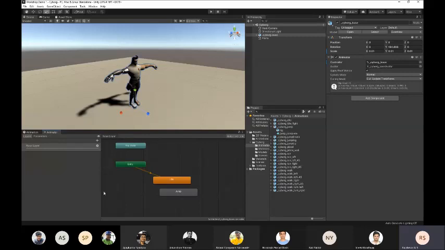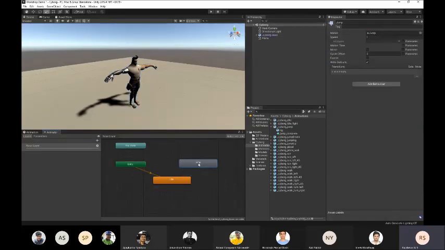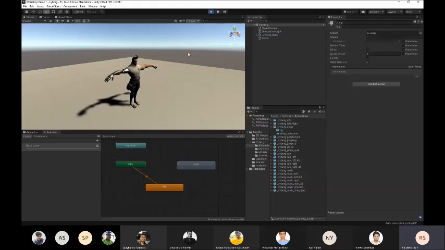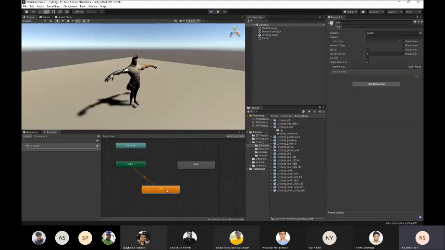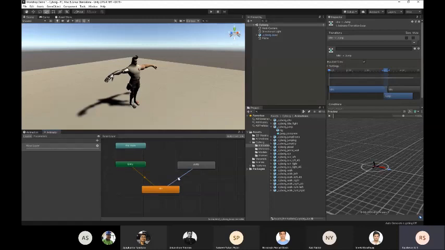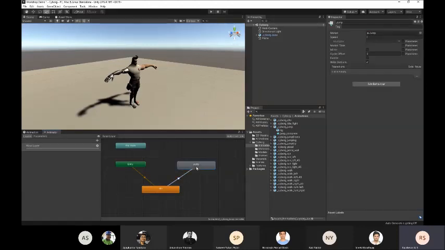So if you come to animator, you can see the jump animation over here. It's right now gray color because Unity does not know when to play this animation. Right now, if we click play, Unity after entry immediately goes to idle. We haven't told Unity when to play the jump animation, right? So now how do we tell Unity that? So basically we make something called a transition. So right click on idle, make transition and select jump. So after the idle animation is over, Unity will move to the jump animation.